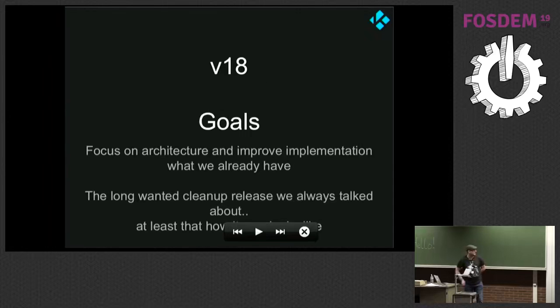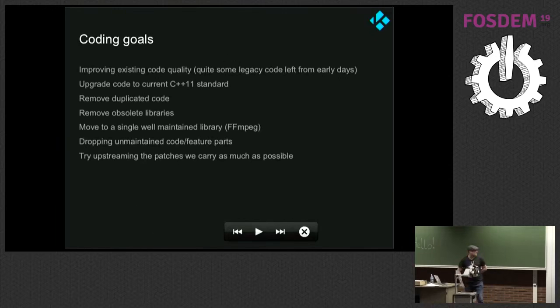So our goals were to improve what we already have. There were not many features we actually wanted to have, and understanding our code, cleaning it up, because it all originated from the original Xbox. We use about 800 private APIs on Windows, still from the old SDK that kept working, and we should have cleaned that up at some point. So the goal was to move the code to C++11. Some parts were already going to 14. Remove all the old code, obsolete libraries, because